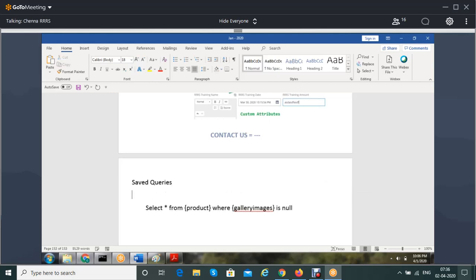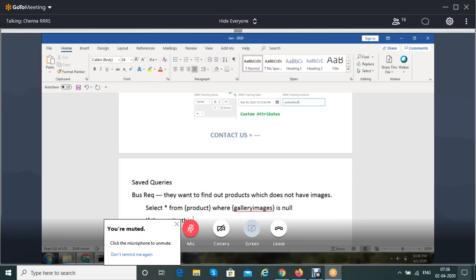The business requirement is they want to find products which do not have images. If they write this query, they will get the results.